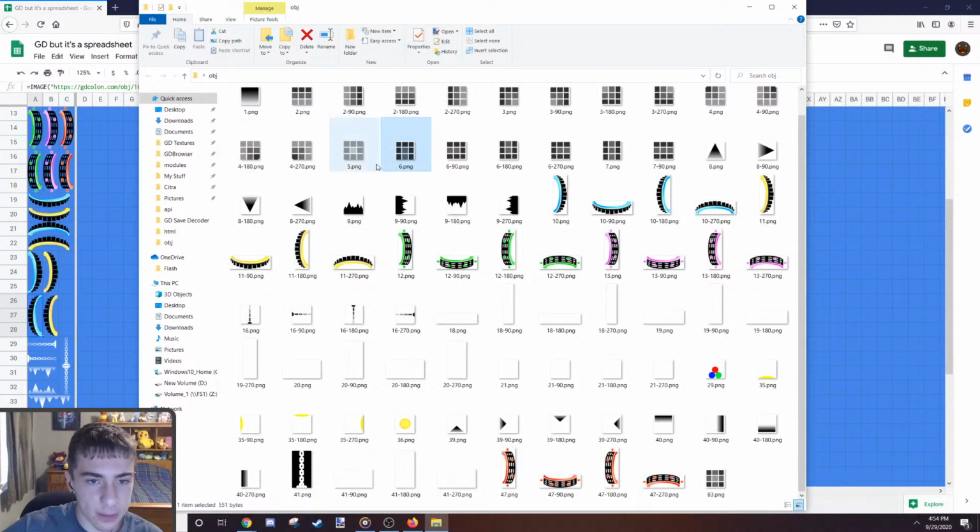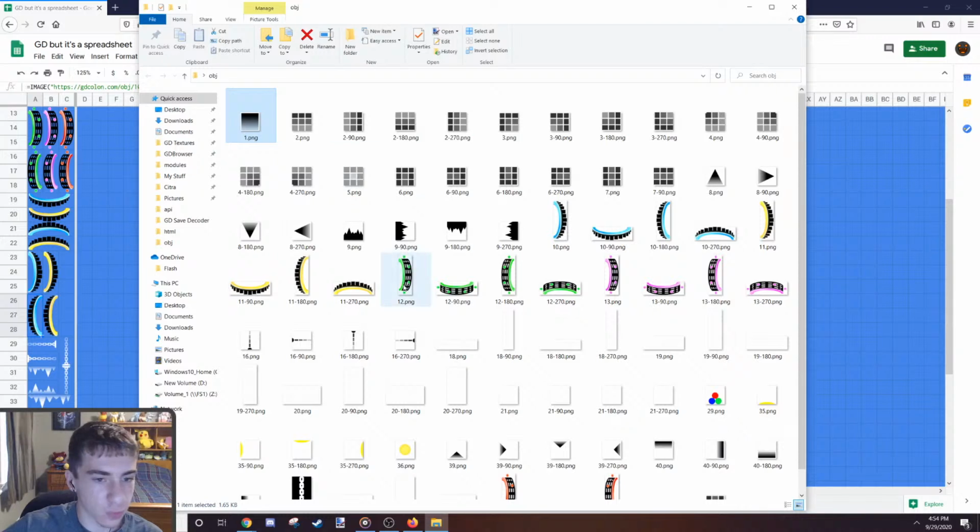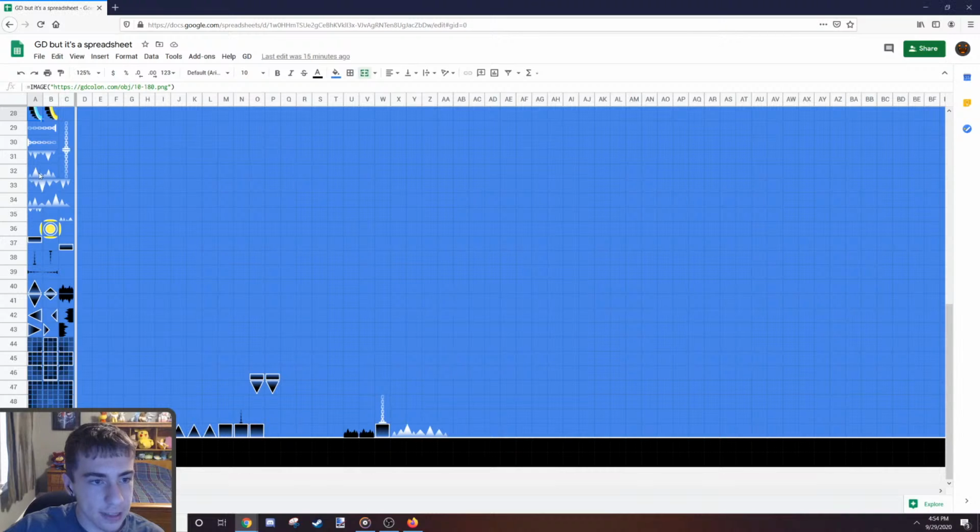So yeah, these are the object IDs. Like this block is 1, this portal is 11, and the number after that is the degrees that it's rotated. And then I import it into Google Drive. As you can see here, the URL for this image is